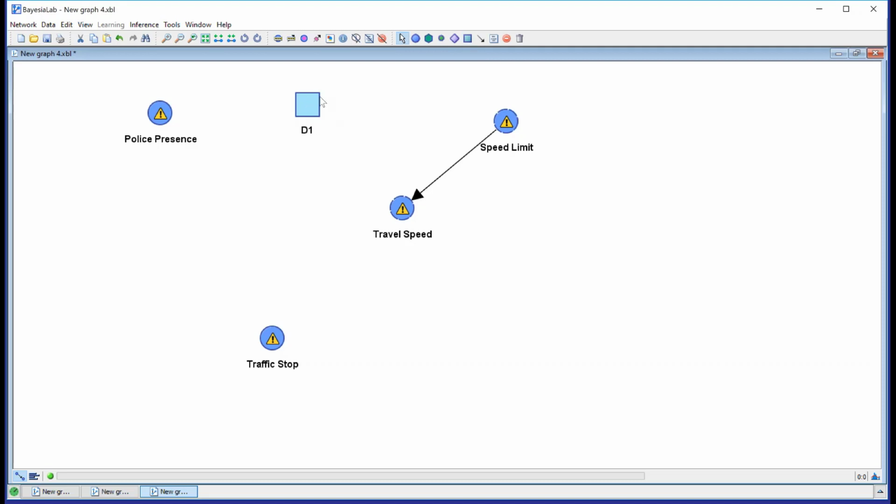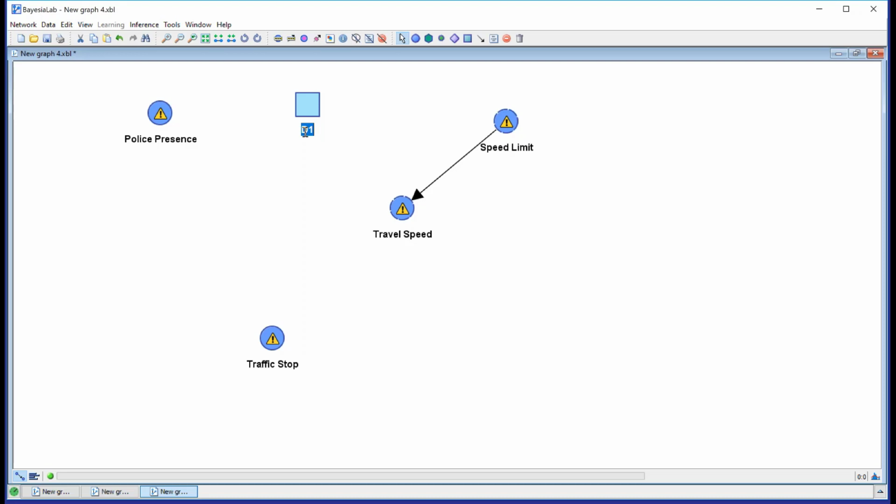Rather, this is not the round node, but here we have a box, a square, which means in BayesiaLab that this is a decision node. So what does this mean? A decision node is a node that we can utilize to evaluate policies as a function of probabilities and utilities. We will see in a moment what all that means.